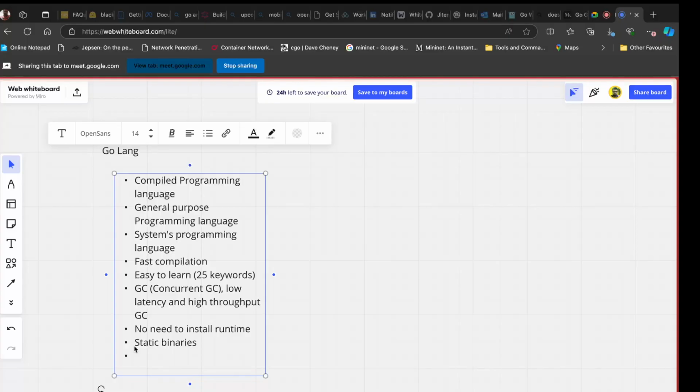So the binary contains a minimalistic runtime along with it. A runtime is packed along with the binary or executable, whatever you call. So the size is maybe 2 MB, 3 MB, something like that. It doesn't go more than 10 MB maximum. But for Java and all,